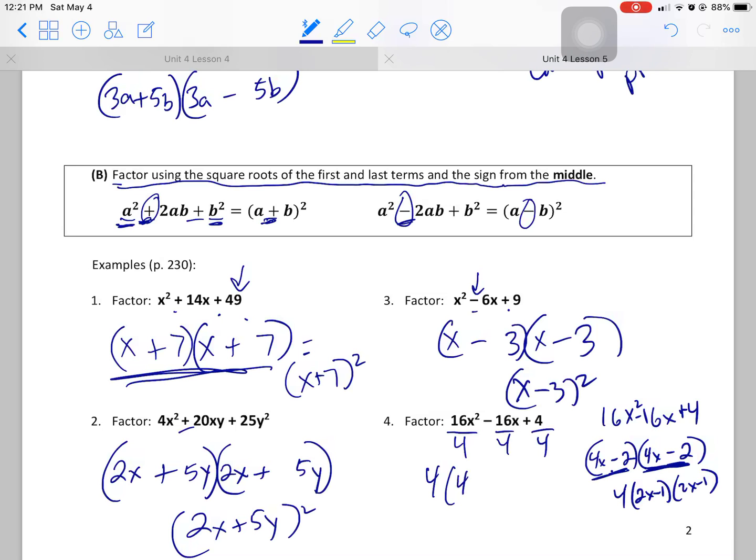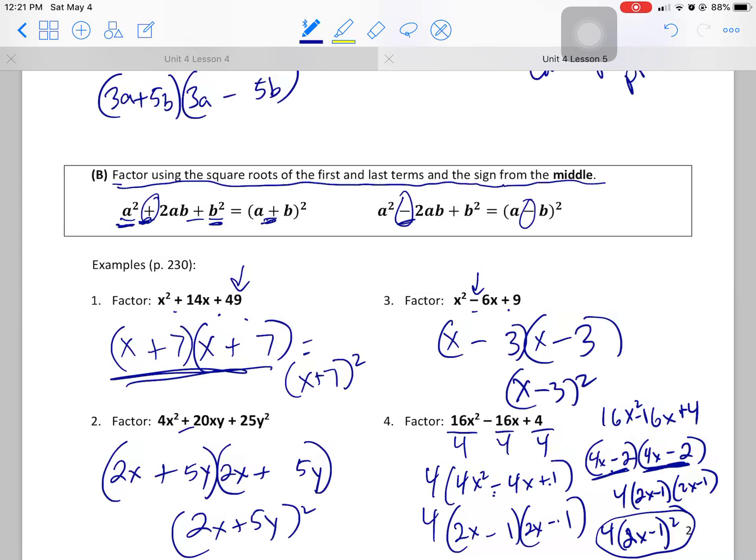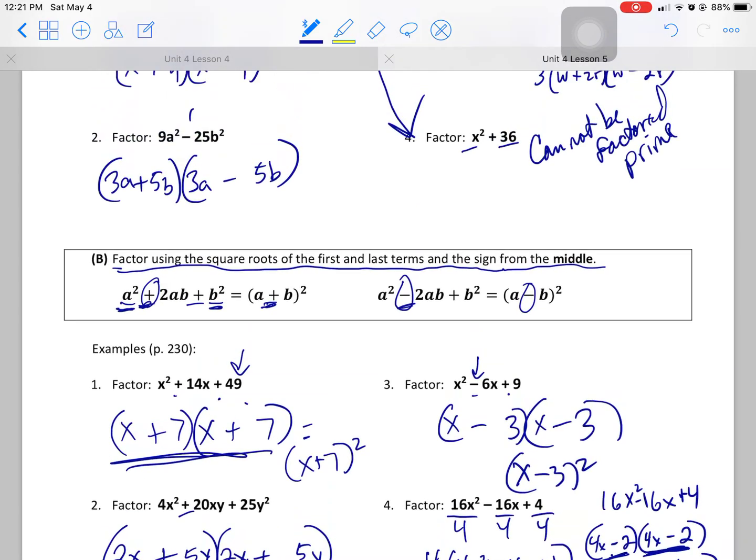So let's go back to what we were doing over here. 4 into 16 is 4. 4, 2x, the root. 1 is a perfect square, don't forget, and the sign of the 1 in the middle, because it's negative positive, it's going to be 2 negatives. So our final answer is 4 times 2x minus 1 squared. Okay, let's